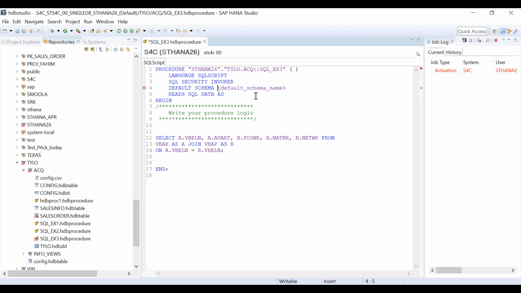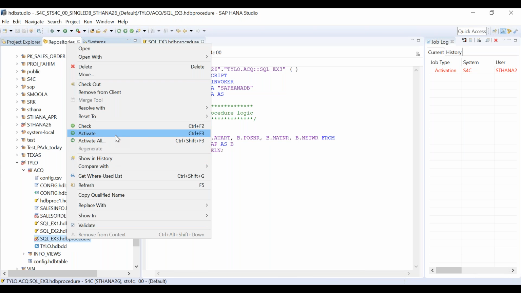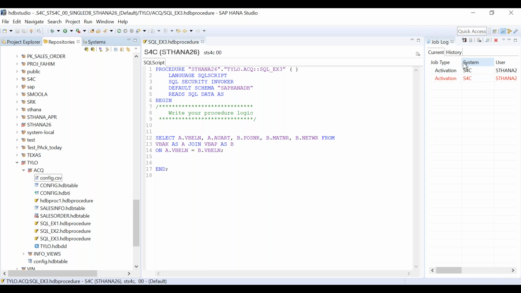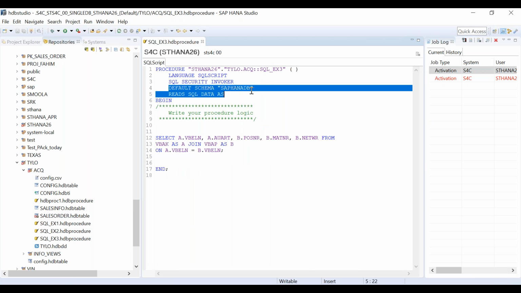If I write something like this, ACP HANA DB, isn't it? Now, if I try to do this, it will be okay, because all those tables will be coming from ACP HANA DB. You see, now it is activated. See the beauty of default schema. I don't have to explicitly come and write ACP HANA DB. I have written here once.